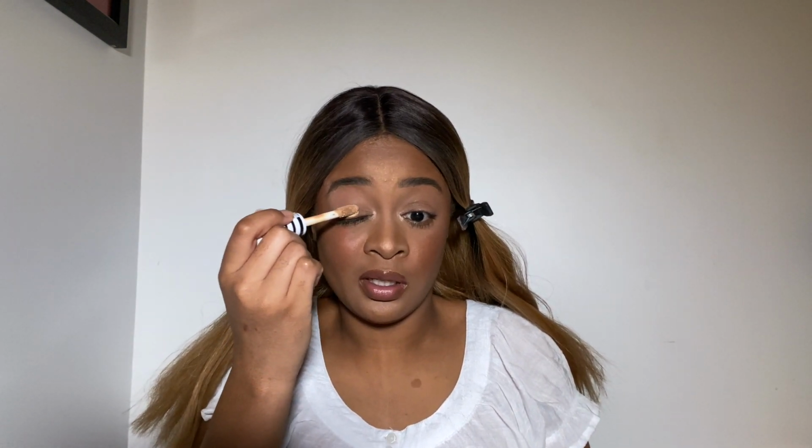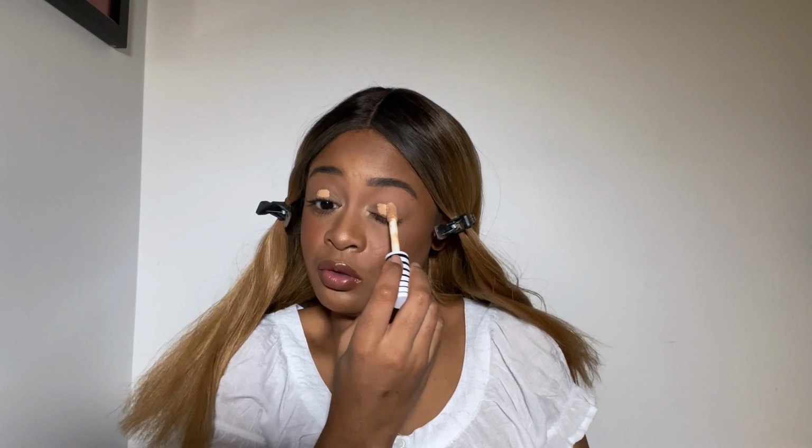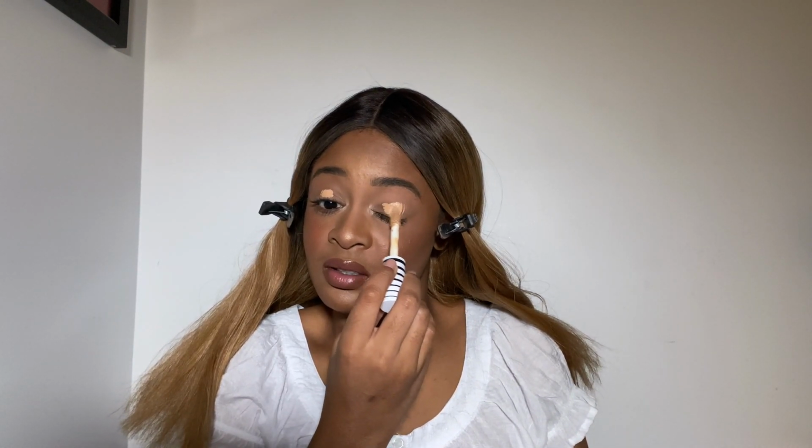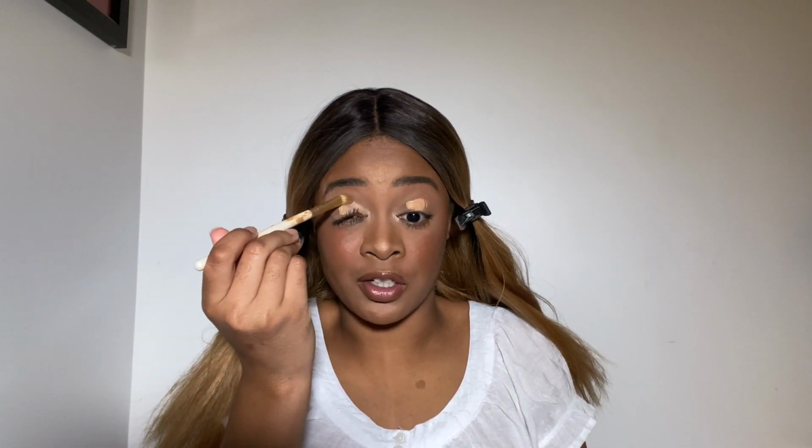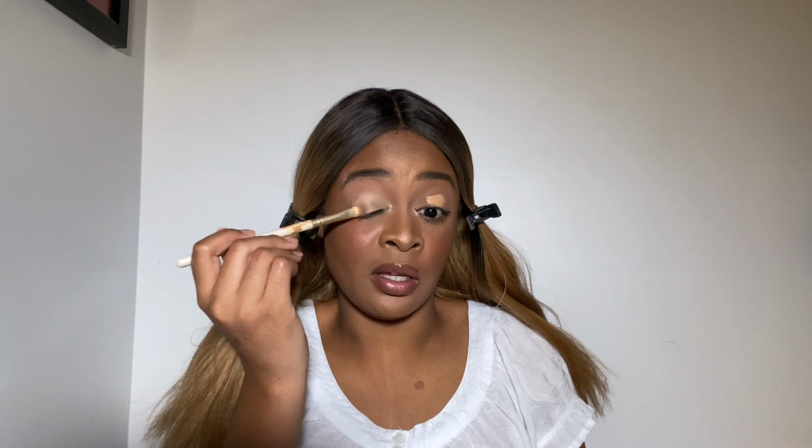And I'm just gonna put that all over my lid, but before, I'm actually gonna prime my eyelids, because I want the shade to pop a little more. Well, I always do this just so that the eyeshadow sticks, you know. And because I'm not using too much color today, I don't need to put a lot of concealer on there. So I'm just gonna blend that in. This is just gonna make your eyeshadow pop even more, guys. You don't have to do that, but it's gonna help it pop, and it's gonna help it last